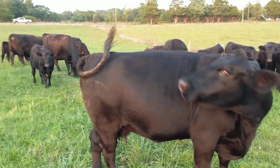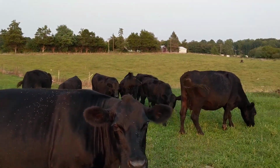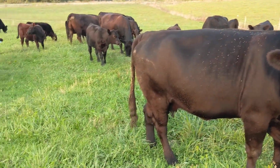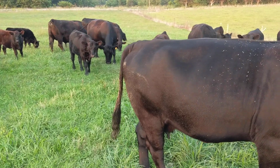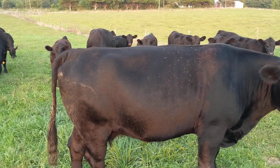So this is our spring calving herd, and we moved them from those pastures over there over to here. It's not quite mid-September, but we've gotten some rain, so we got a nice green flush. Grass is growing back. But one of the things I just wanted to kind of talk about a little bit